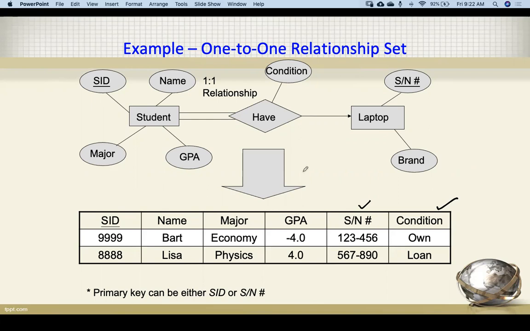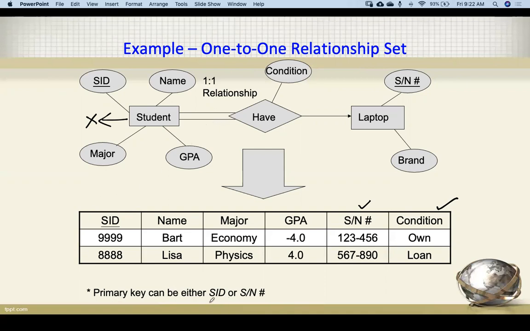Okay, so this is how we can create the table for this relation. And in this case, we don't have to create a table for the student because all the attributes are already here in the relationship. So we don't have to create the table for it if we have the total participation.